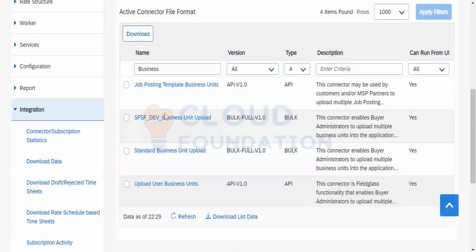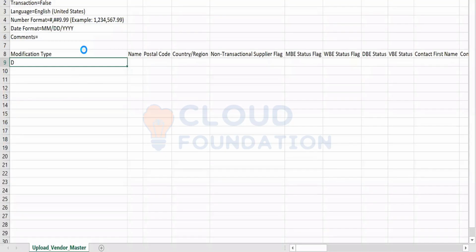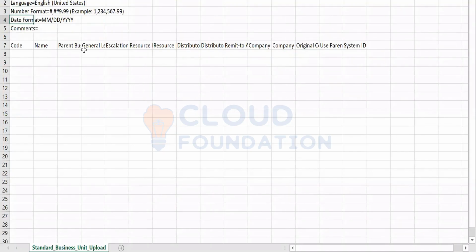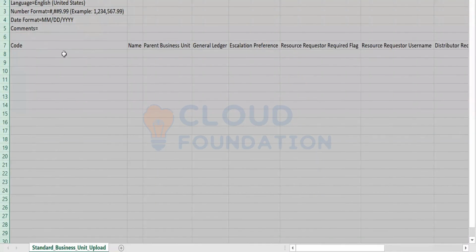This is the connector through which we can upload the same data we saw there on screen.